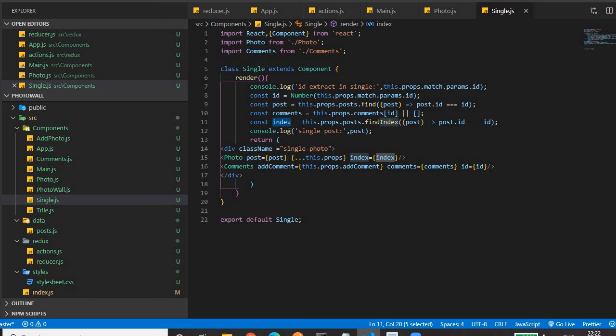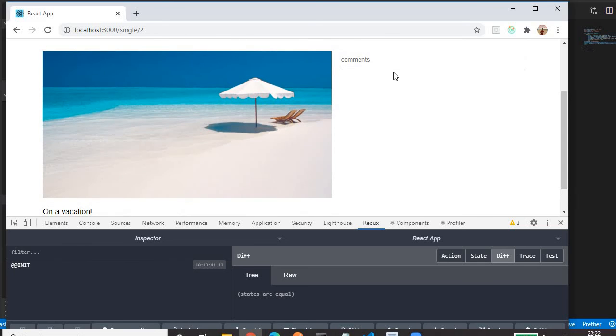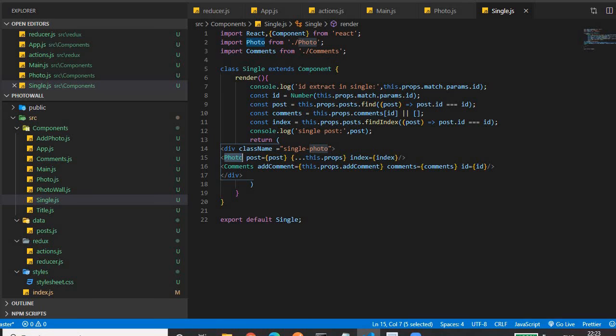Okay. Then as a render method, we have a return statement. We have a div tag in which we are returning the photo component. If you see, this is the photo. So we have two sections, one is the photo section, one is the comment section. For the photo section we have to use the photo component, and for the comment section we have to use the comment component. And this is the CSS property that we have provided, some flex property to this single photo. We will see that also, the CSS.